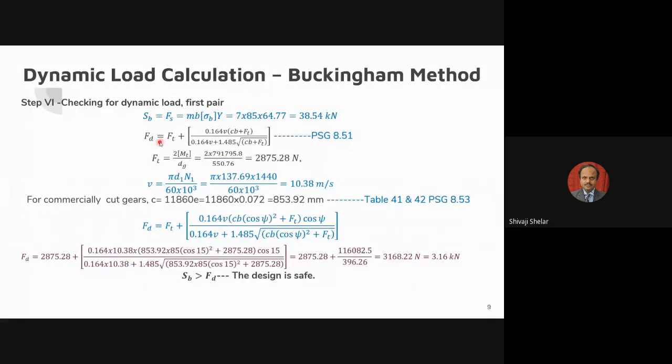This formula is available for just 1 minute. This is the formula for spur gear. The formula for helical gear I have changed here. There is a small change in this formula. Here you need to multiply by cos square psi, and outside you have to multiply by cos psi. So the revised formula I have written here. This is the formula for the helical gear. So this is the formula for spur gear, don't refer this. The same formula is available on 8.51 only for helical gear.